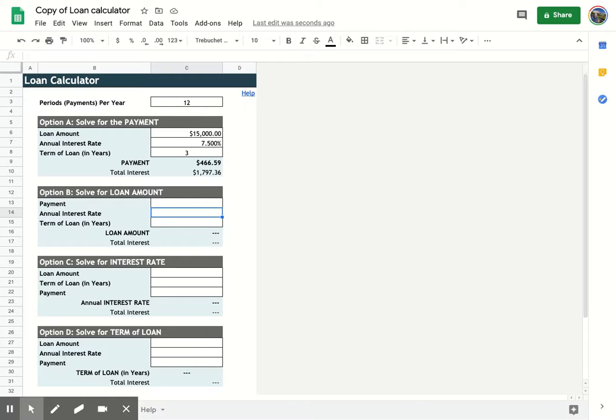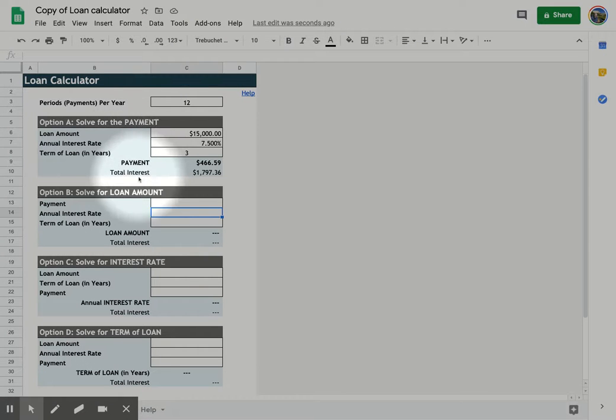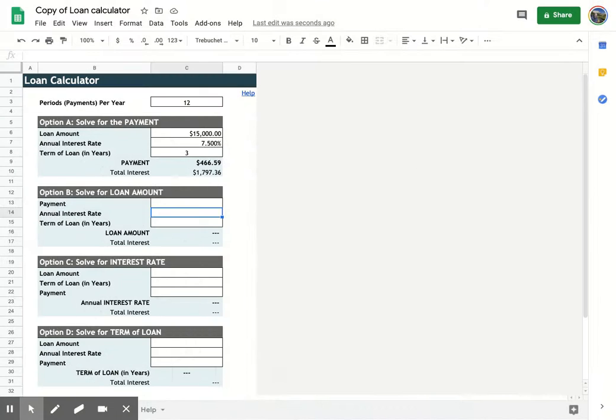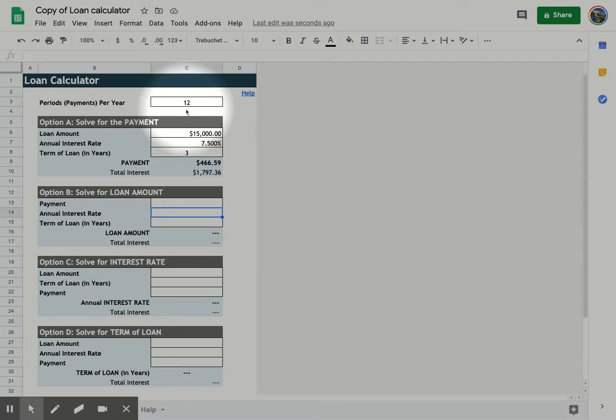This spreadsheet is set up to help individuals learn how they can solve for either the payment, the loan amount, the interest rate, or the term of a loan, given three of the other four factors. So, for example, in this one right here, let's assume that we're paying on a monthly basis. So you're going to put in there 12 payments per year and a loan amount of $15,000. If your interest rate is 7.5% and the loan is due in 3 years, then you're going to have